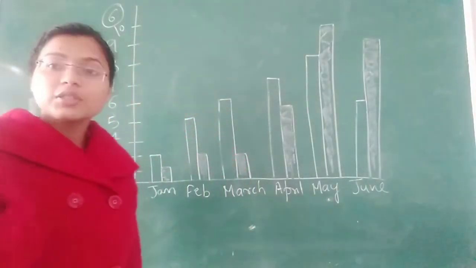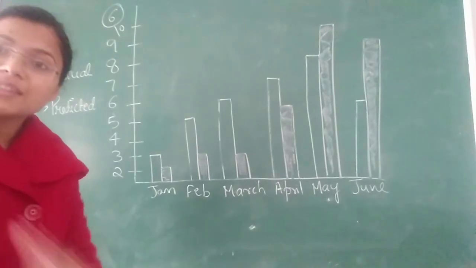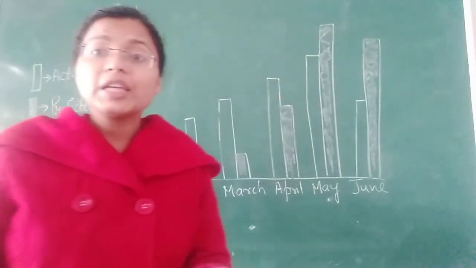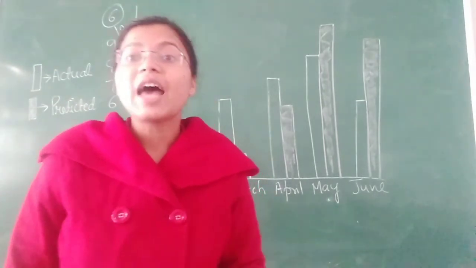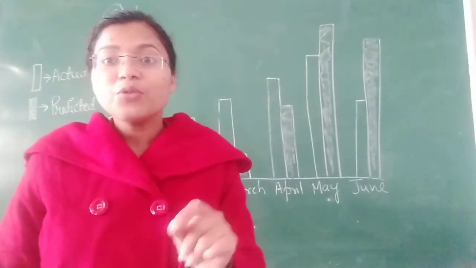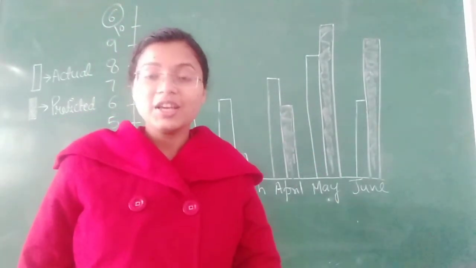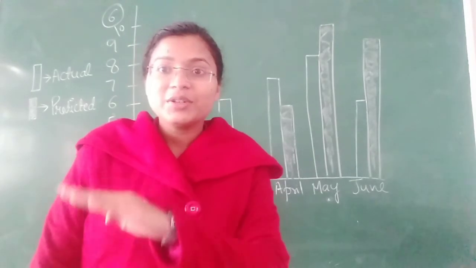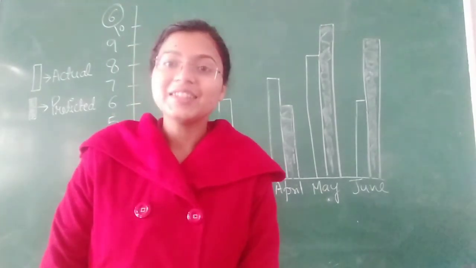This is the solution. This is the bar graph for your question number 6. In the same way, you have to make your double bar graphs for the remaining questions. I am leaving the remaining questions for you; you have to make the same kind of dual bar graph. So according to me your syllabus is complete. Now start revising yourself, and thank you so much.